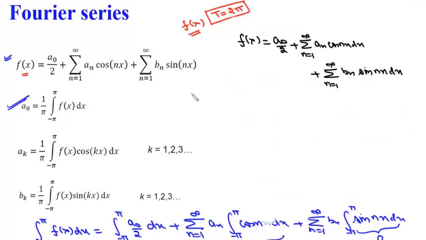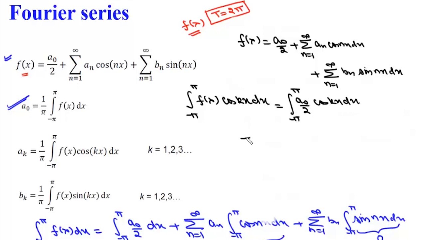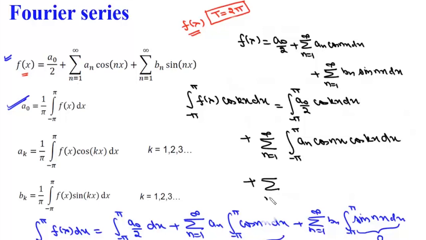So we'll write this as the integral from minus pi to plus pi of f(x) cos kx dx, and then the integral from minus pi to plus pi of a0 by 2 cos kx dx, plus the summation n varies from 1 to infinity of the integral from minus pi to plus pi of an cos nx into cos kx dx, and plus this summation n varies from 1 to infinity